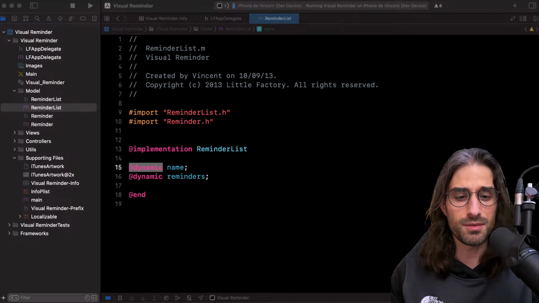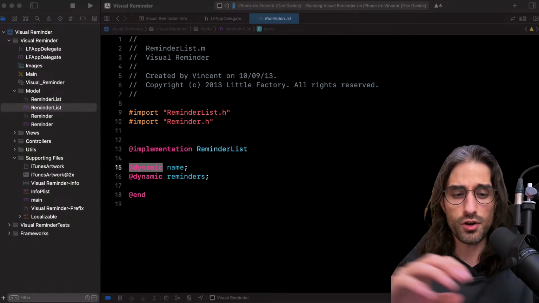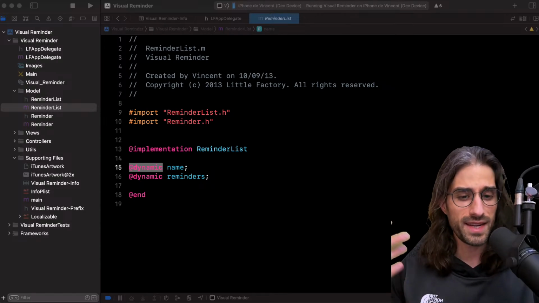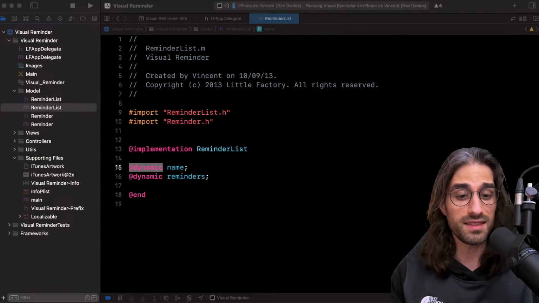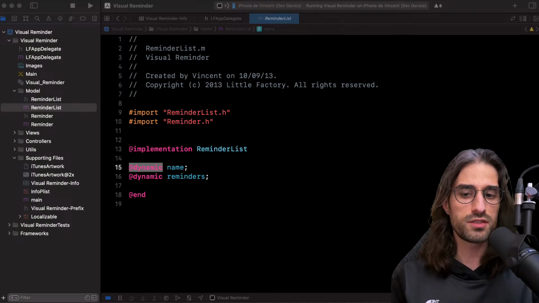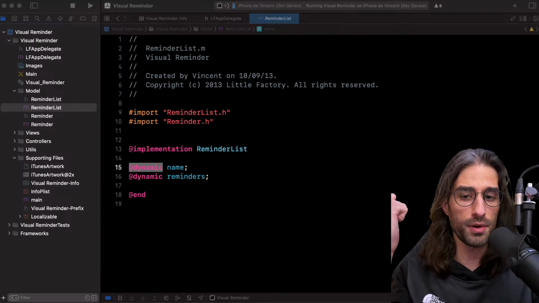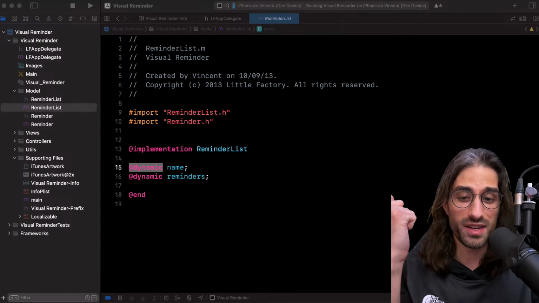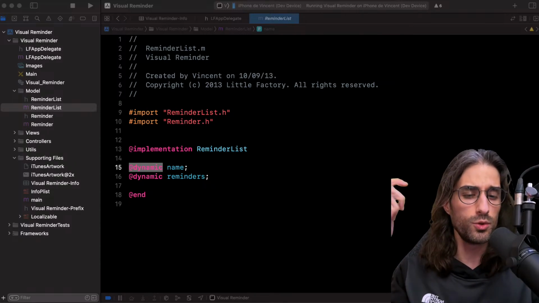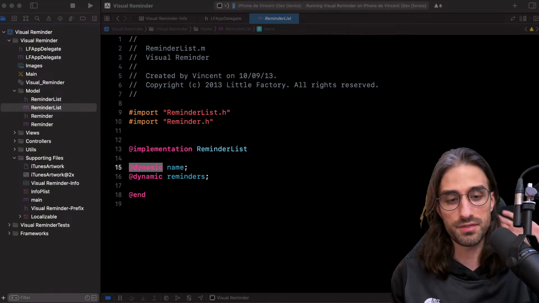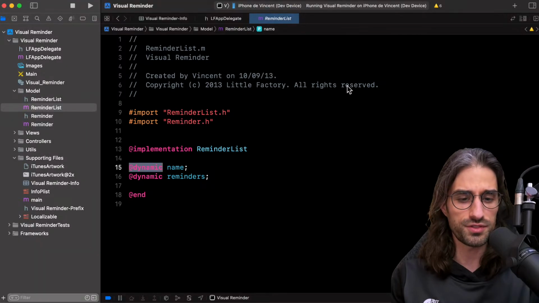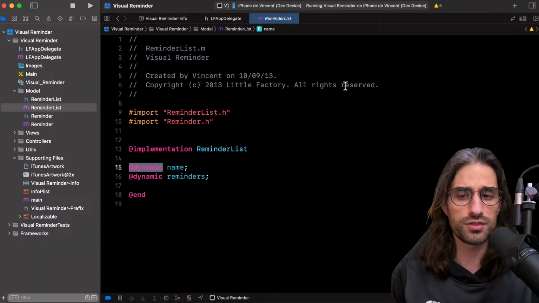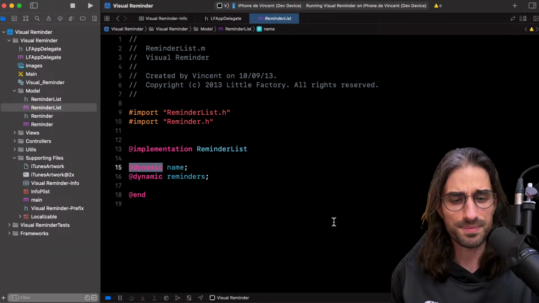And so @dynamic meant that at runtime, Core Data would be able to generate the implementation of the properties, send them to the runtime, and tell the runtime, all right, when someone is calling the getter or the setter of the property name on an instance of type ReminderList, you dispatch the call to that method. And so you didn't have to commit any code. It could be generated at runtime, one of the very powerful features of Objective-C.